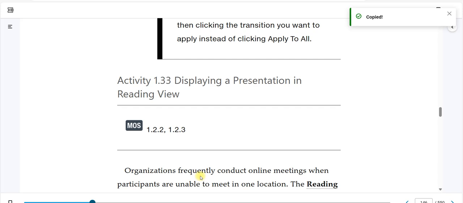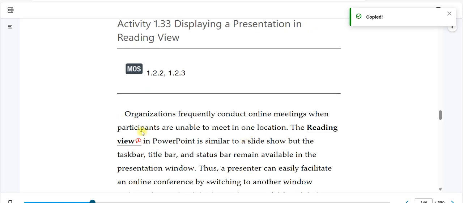So organizations frequently conduct online meetings where participants are unable to meet in one location. The reading view is similar to a slideshow, but the taskbar, title bar, and status bar will remain available in the presentation window. Thus, the presenter can easily facilitate an online conference by switching to another window